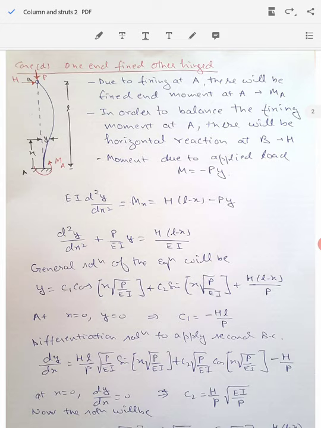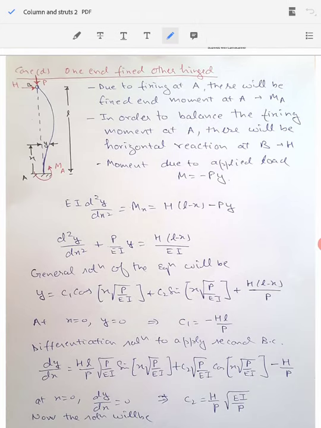Now, because as I told you earlier, whenever we do this kind of fixing at point A, there will be a fixed end moment, and we are going to call this MA because it is occurring only at the point A. You see there will not be any fixing moment at B because at B there is a hinge end. So the slope is permissible there. Here the slope is not allowed. So there is a restraining moment acting which is causing the slope to disappear here. So because of that there is a fixing moment at this end A.